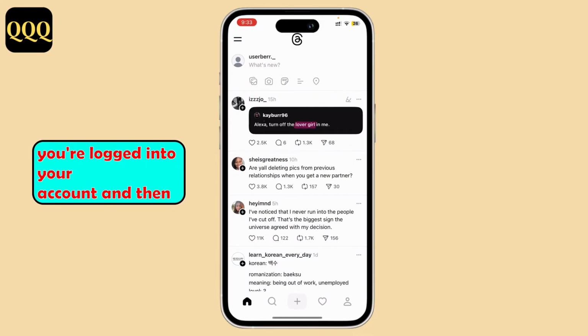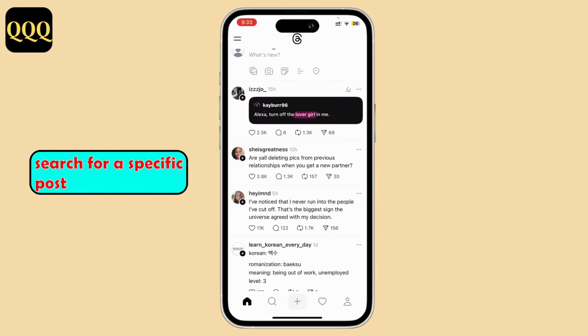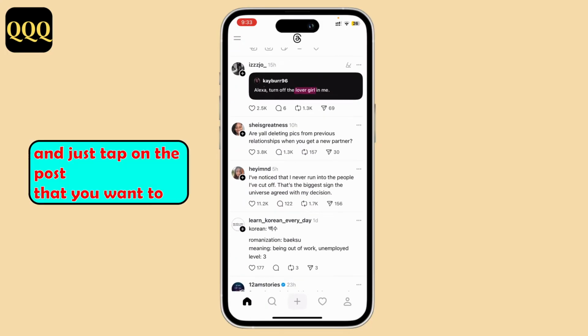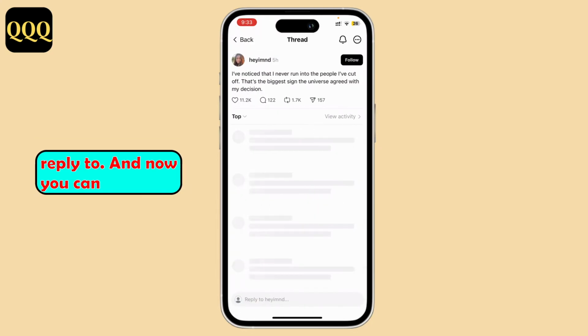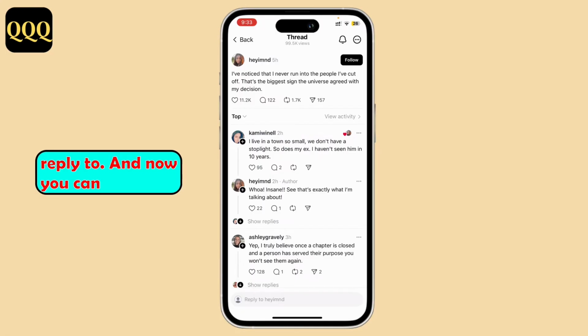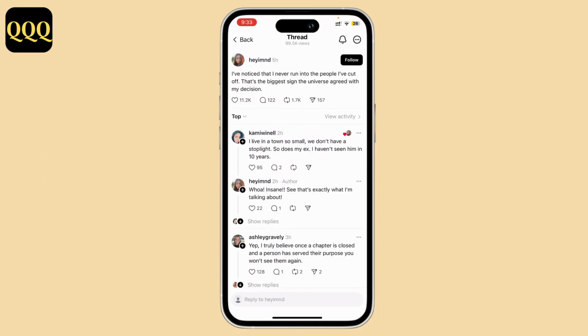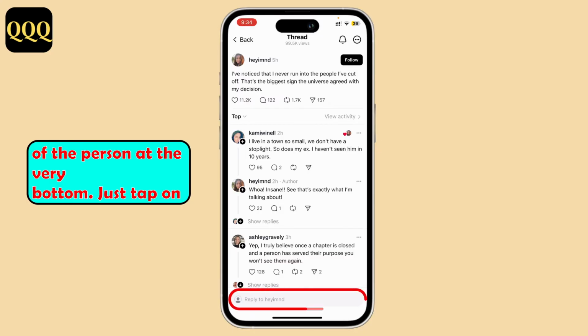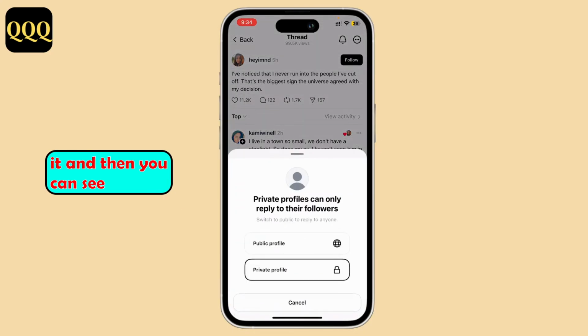Make sure you're logged into your account and then scroll to your feed or search for a specific post and just tap on the post that you want to reply to. And now you can see reply to the username of the person at the very bottom. Just tap on it and then